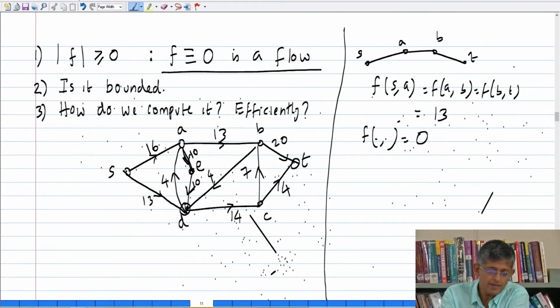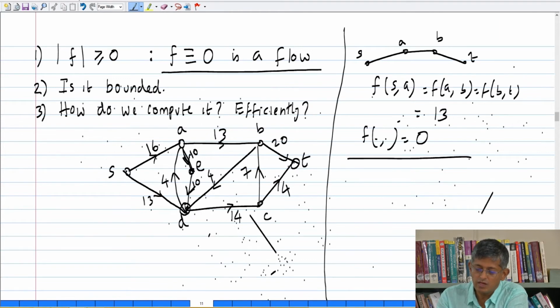So you look at A, right? The edge that comes in from S to A has been allocated a flow of 13. The edge going from A to B has been allocated a flow of 13. So it is conserved at A. The same is conserved at B. Fine. So therefore, we have a